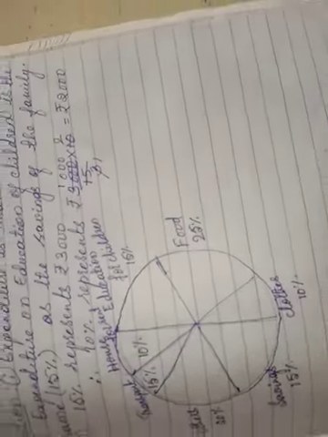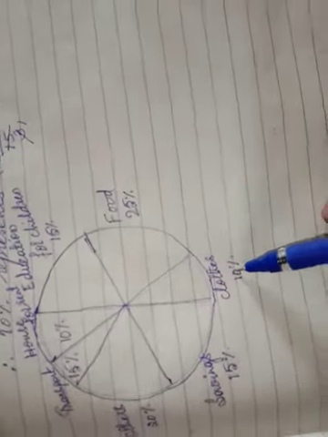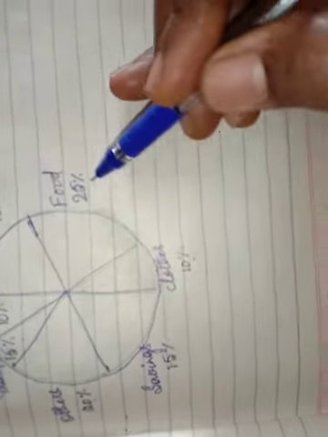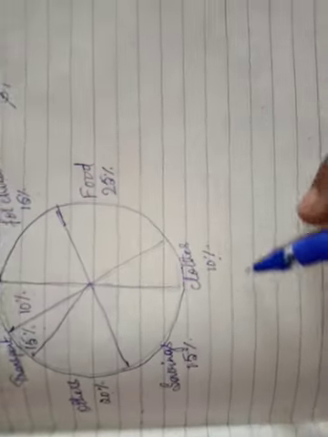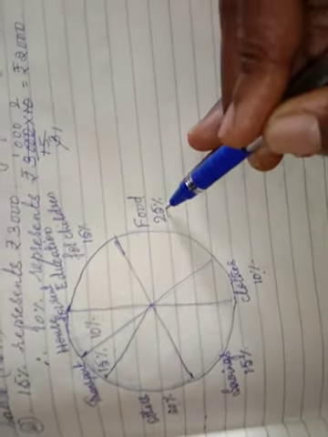Then if the monthly savings of the family is 3000, what is the monthly expenditure on clothes? Okay. Now solution: expenditure is maximum on food. How did we come to know that expenditure is maximum on food? Since you can see here the percentages, 10%, 15%, 20%, 15%, 10%, here 15%, here 25%. So which is maximum? The food, 25% is maximum. Yes or no, children? So therefore, the first answer is: expenditure is maximum on food.